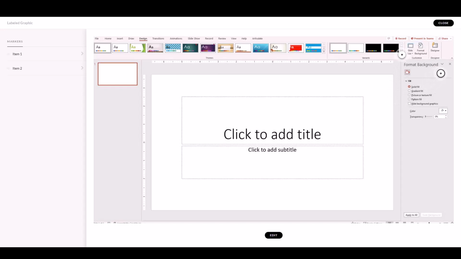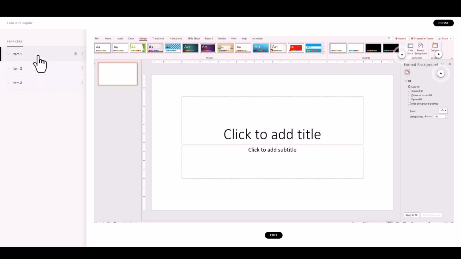I can put one over here for formatting the background. I can also add additional plus signs for things that I want to highlight. So say I want to talk a little bit about using Designer. So I could put a plus sign there. All I have to do is click once, and I've added a plus sign here. So when I want to add descriptions to those, I have the markers here. I can give them